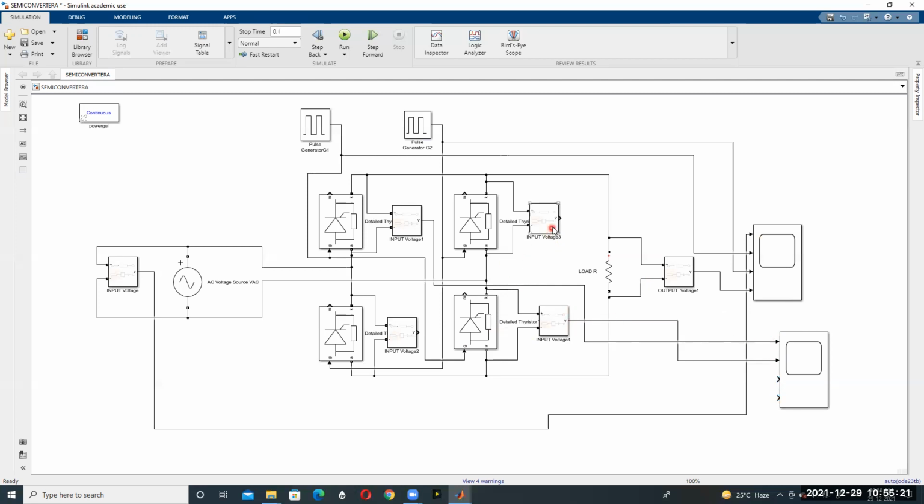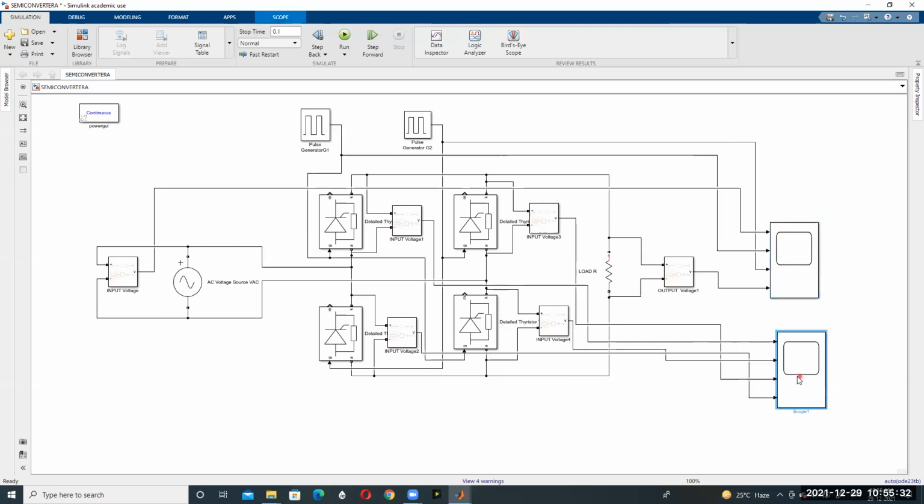After that, connect thyristor T3 here and thyristor T2 here. So by taking these two scopes we execute this experiment. This scope belongs to the load voltage, supply voltage, pulse generator 1 and pulse generator 2. This scope belongs to the voltages across the thyristors.